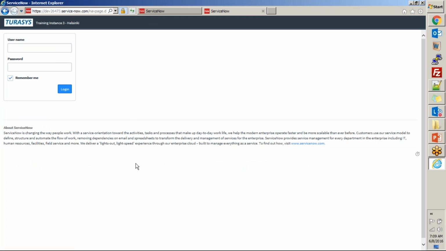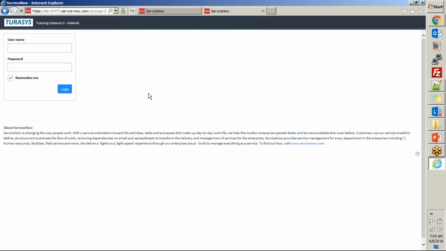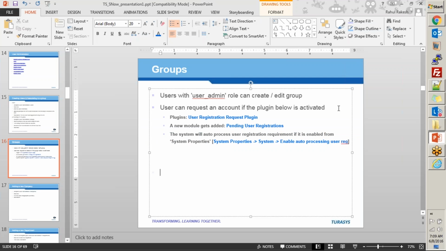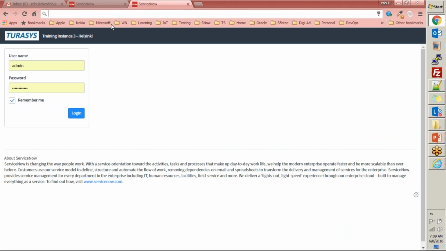So the reason behind this is that this feature is not available by default in ServiceNow. You have to activate this feature by activating something known as plugins, right? ServiceNow has various plugins that provide various features to users, but not all of them are activated by default, right? You have to pick those plugins which are useful for you, and then manually activate them, and after the activation, you will be able to see those things, right? So let's quickly see how we can find plugins.